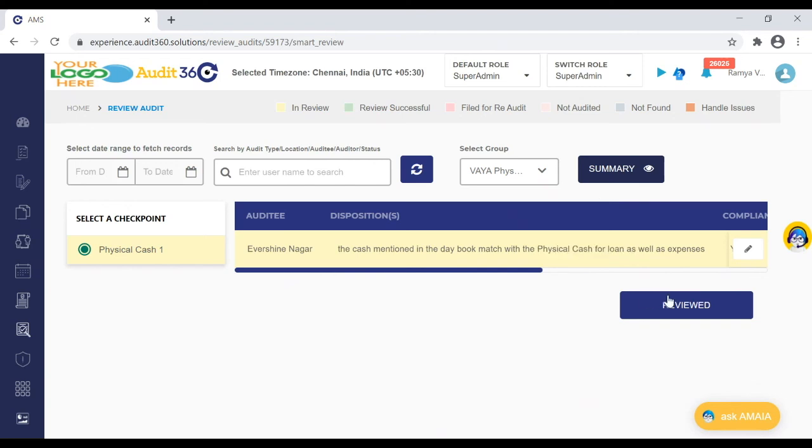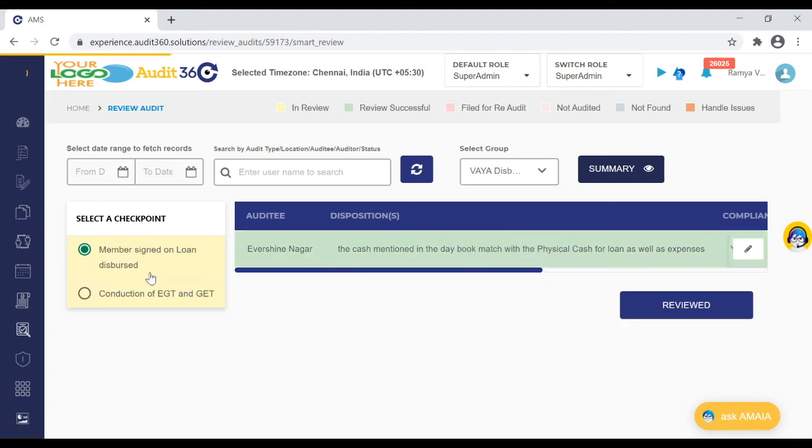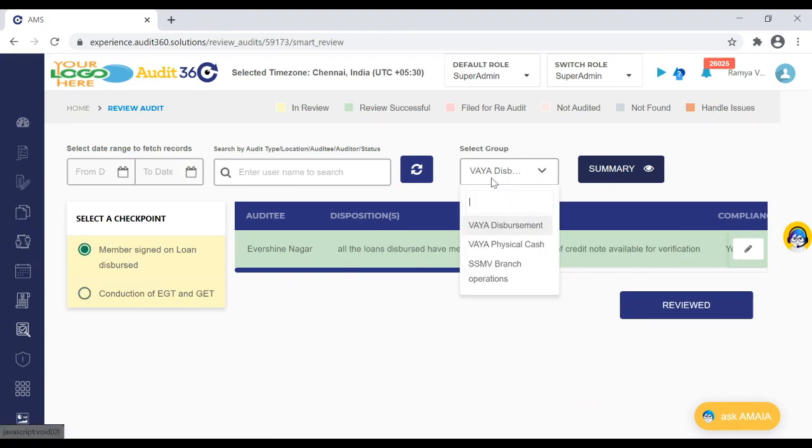The current summary view gives you exactly the same amount of information as what was there previously as well. But we are trying to increase and make this information more holistic.